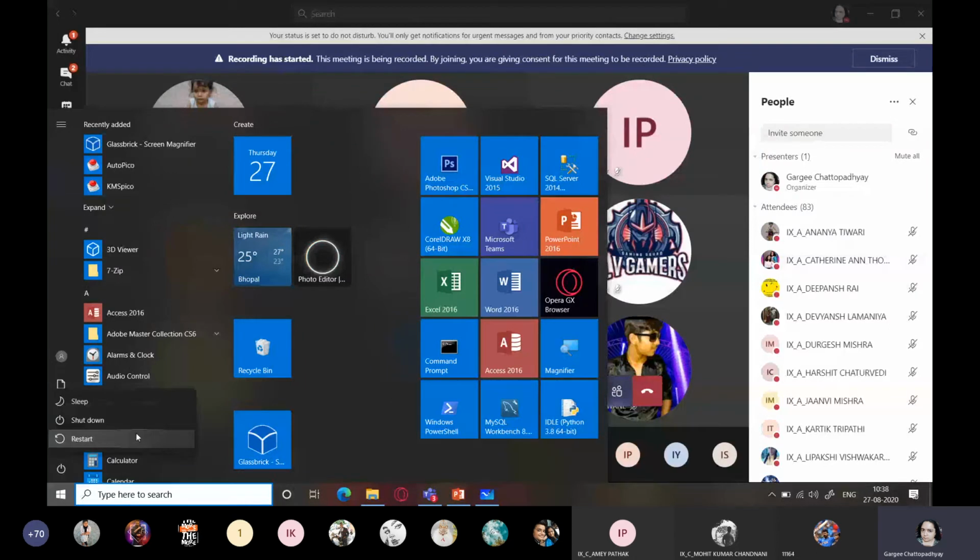Next option is shutdown. Everybody knows what shutdown is. It closes all the apps and turns off the PC. Normally when you are off for a long time, that is overnight, you should never leave your system in sleep mode at night. At night, when you stop all your work, your system would be off for 7 to 8 hours. For that purpose, you need to switch off your computer. Next is restart.